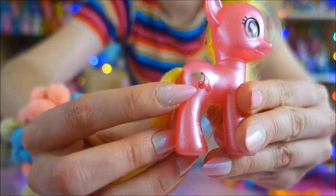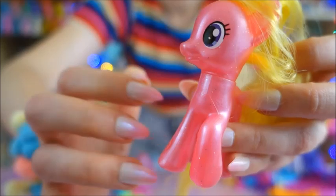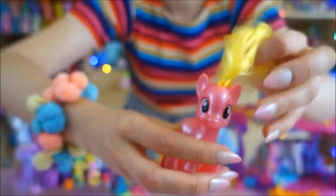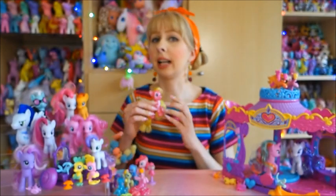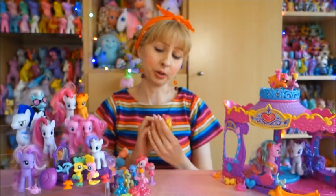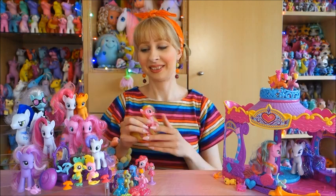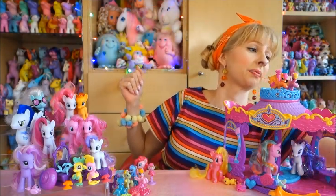You see the cherry symbol, but I really like the pearlized ones because they have small fractions of glitter in there and are a really lovely color, and she's got just a simple yellow mane. She's really not one of the early released, more thought after ponies. She's very common, but I didn't have her, but I had Pretzel, so I was like, let's get Cherry Berry. Package. We have reached the last package, and